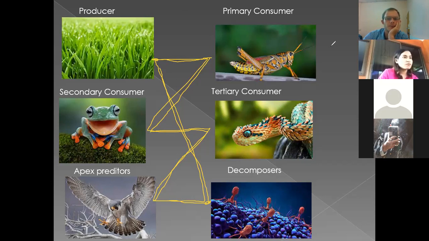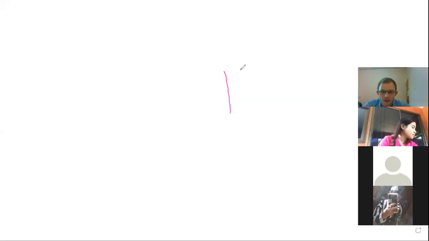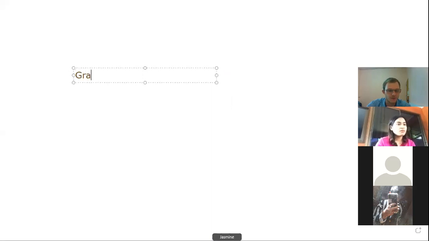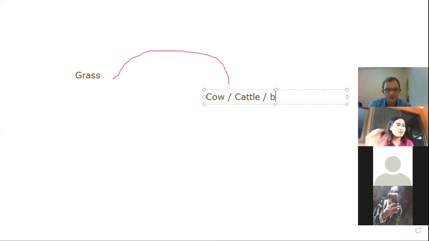Where's my whiteboard? Oops. So we have first, we have grass. We start with grass. Then we move from grass to a cow or cattle or beef.